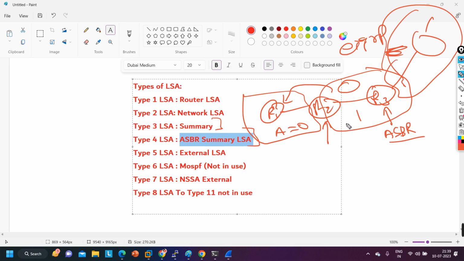The summary LSA shares inter-area prefixes, and the ASBR summary LSA is to inform the other area about the ASBR router. It will share that the ASBR router is 3.3.3.3, maybe the router ID of router 3. In the upcoming days you will understand why it is required and how router 1 can calculate the metric to reach